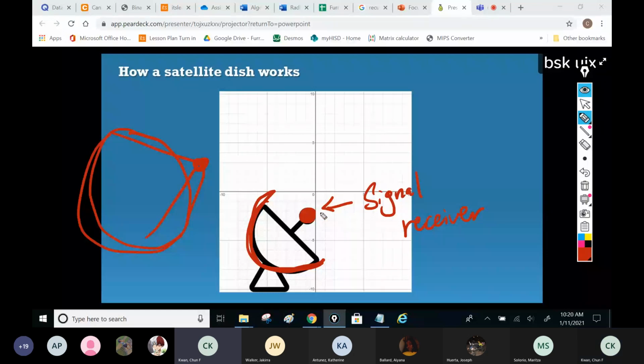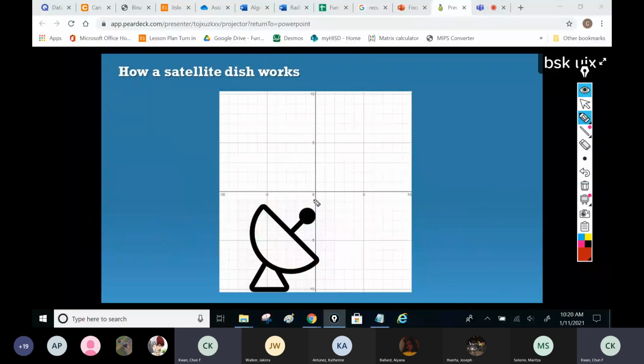So the thing in the middle is the signal receiver, but the problem is this thing is so tiny. When you pick up signal, you're only going to pick it up from right here to right here. So for every signal coming from the outside, if it is within the distance right here, you pick it up. Everything out here, you're going to miss.